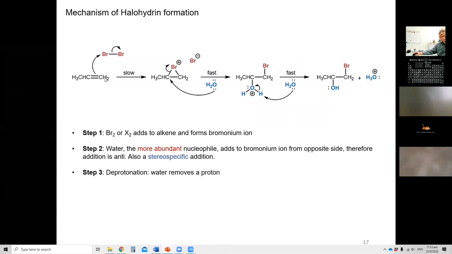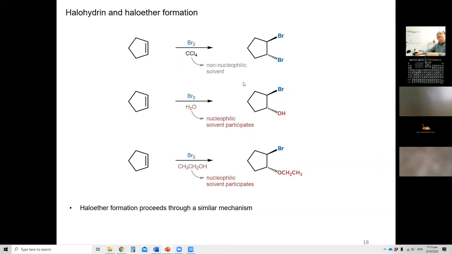Okay, so instead of the two-step reaction of the dihalogen addition, which is, after the bromonium ion is formed, followed by the attack of the anion, the bromide anion, the reaction now goes through 3 steps to give the halohydrin formation. And the second step is the attack by the water. And the third step is the removal of the proton from this addition product. Okay, so